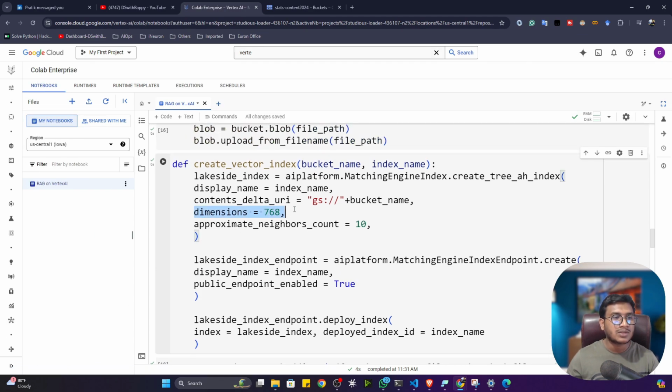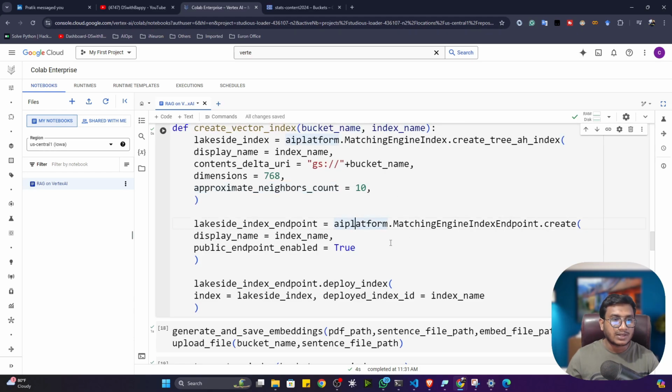And each of the dimensions would be 768. I think you remember previously we used the sentence transformer embedding model, and we created 384-dimensional vector representations. But if you're using this text gecko model from the Model Garden, your vector dimension would be 768. This is the dimension, and you can see with the help of the AI platform library we are creating